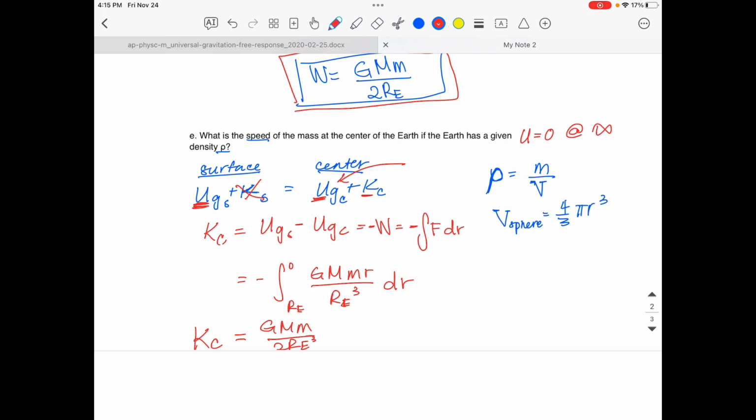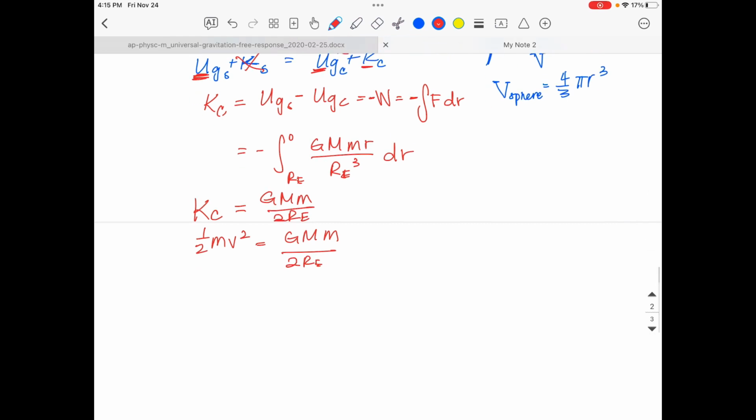Oh, sorry, radius of the Earth, no cubed. And that's a 2. And from there, we know that kinetic energy is equal to 1/2 m v squared. So we've got this equation now, and we can start solving for velocity. So the 1/2s cancel out, the little masses cancel out, and